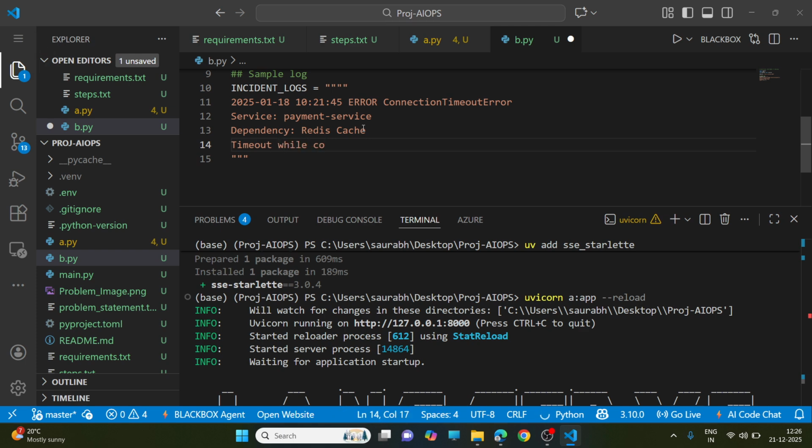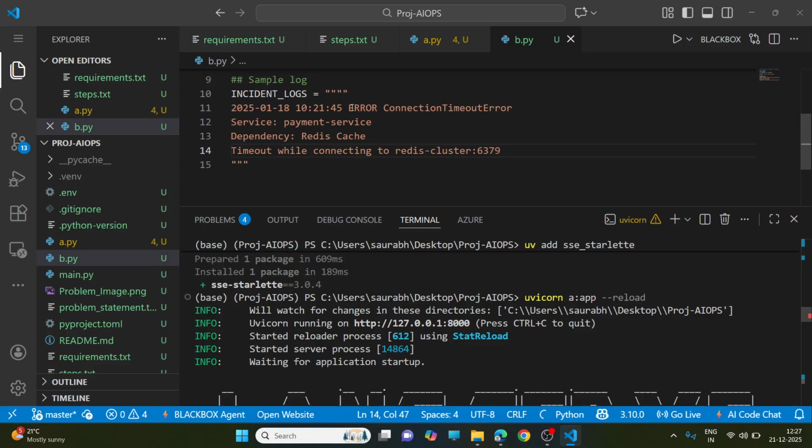while connecting to Redis cluster. Okay, and this is 6379. Okay, so I am creating a sample incident log, and the error was the connection timeout error. Okay, now next is